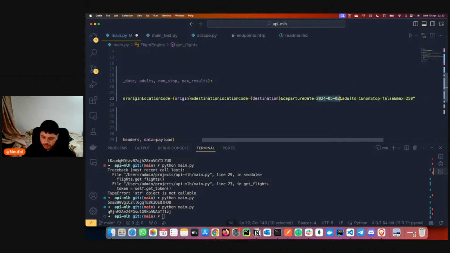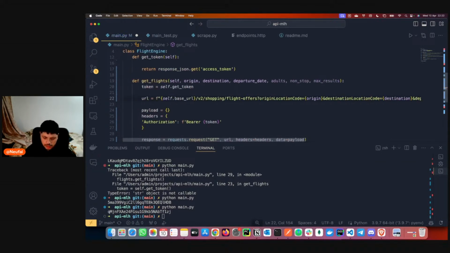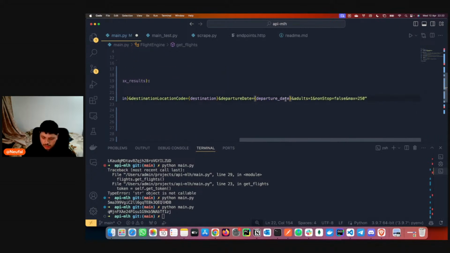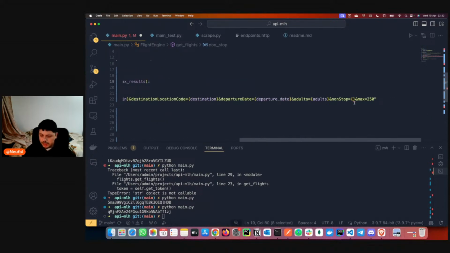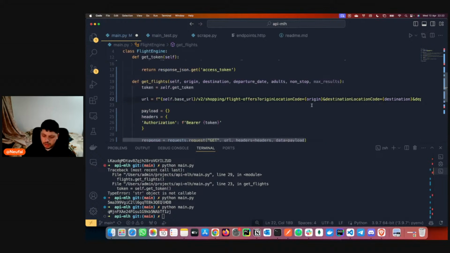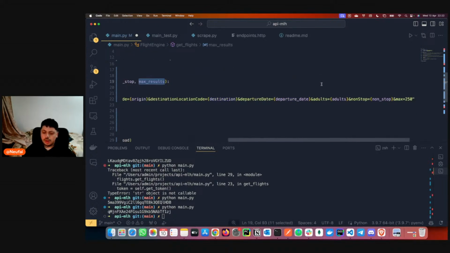Departure date will be departure date, and adults will be adults. These are the variables. Then nonstop. This is basically if we want a direct flight or just to allow a layover.